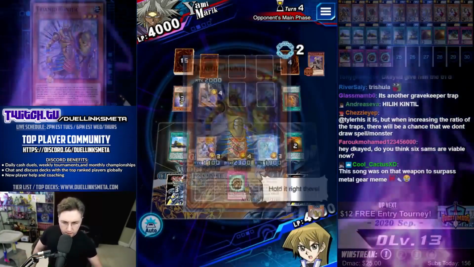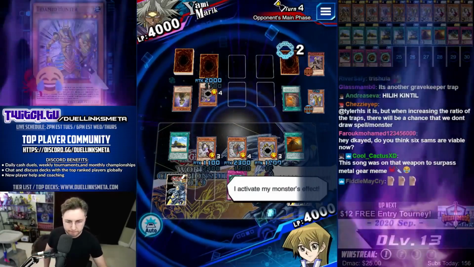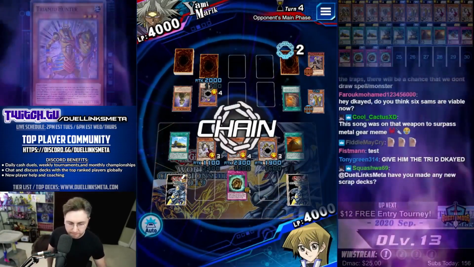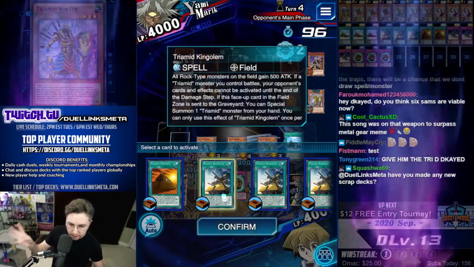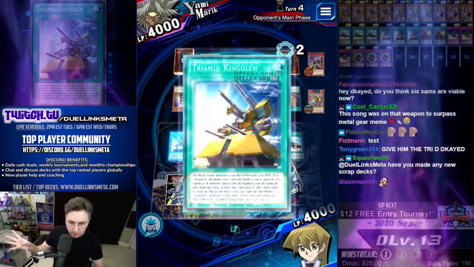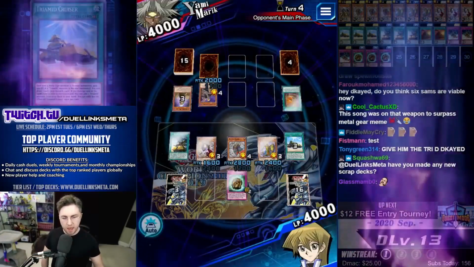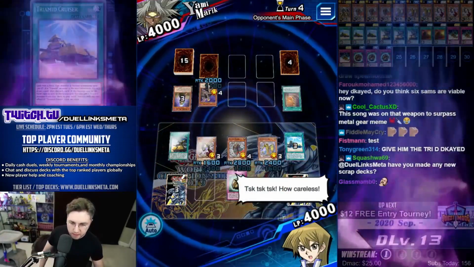Hold it right there. I activate my monster's effect. Now, you might be thinking, Dkayed, play Fortress in the deck. Do it! You don't need to. King Golem. Boom! Negate! And we could get cruising on into...